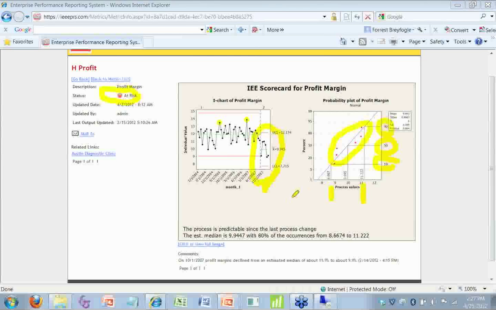Now, rather than having them read it off the chart, what we like to have is this reporting of information like here. So now we see we got the median value, this one here, which is this value right over here. And then you notice we got this 8.66 represented by this value over here. And then this 11.22 represented as this value here.